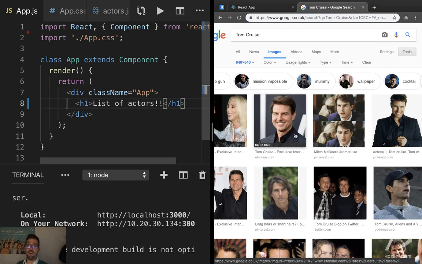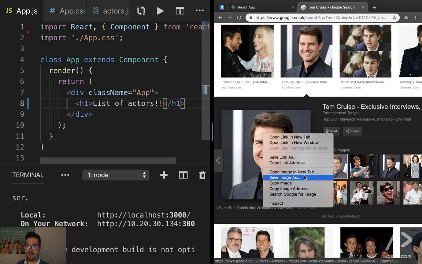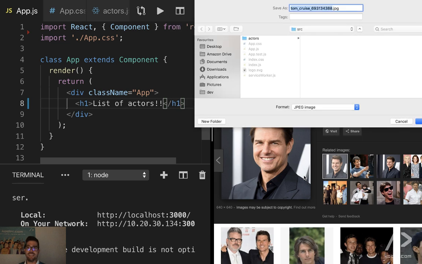Right, so let's download an image of the always smiling Tom Cruise. To download the image, right-click, save image as. And now something important. Where do we save the sexy image of Tom Cruise? We should save it inside of our project, right? Inside of the project. Generally speaking, unless you've explicitly changed that, the project will be created in your home directory. If you are a Mac user, your home directory will be